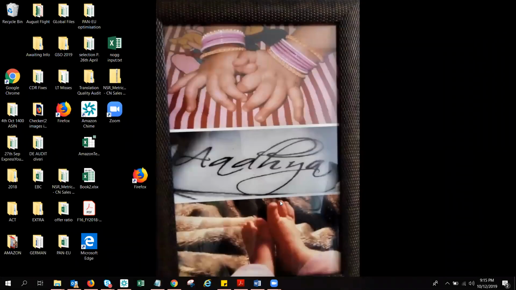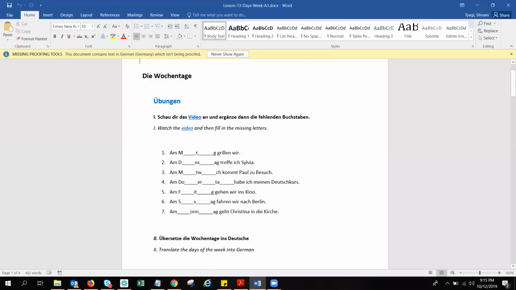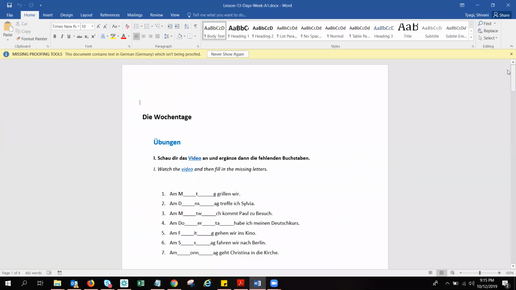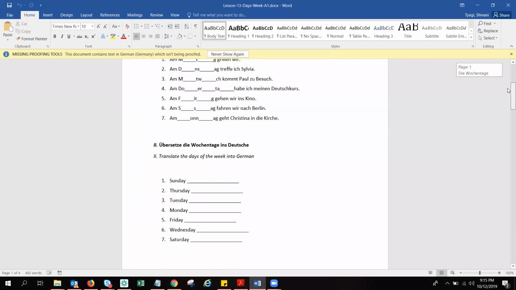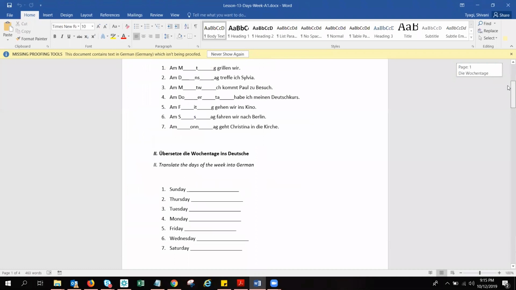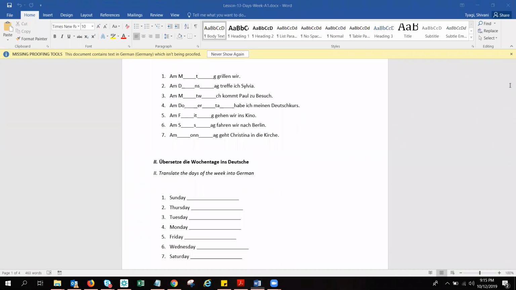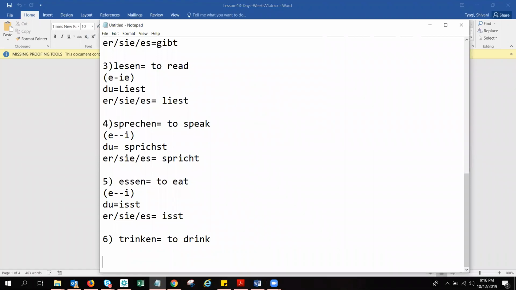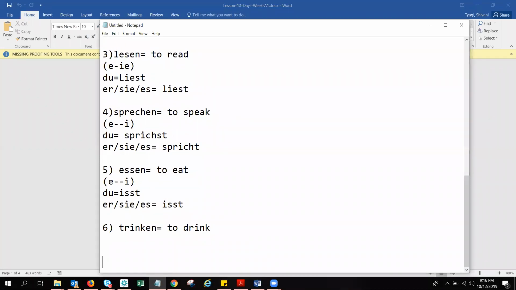So now we will practice the weekdays sheet. We have done weekdays and months in German. So I have a few sheets on how you can use weekdays in sentences. Yesterday you asked me why we are writing it like this: am Montag haben wir eine Party.